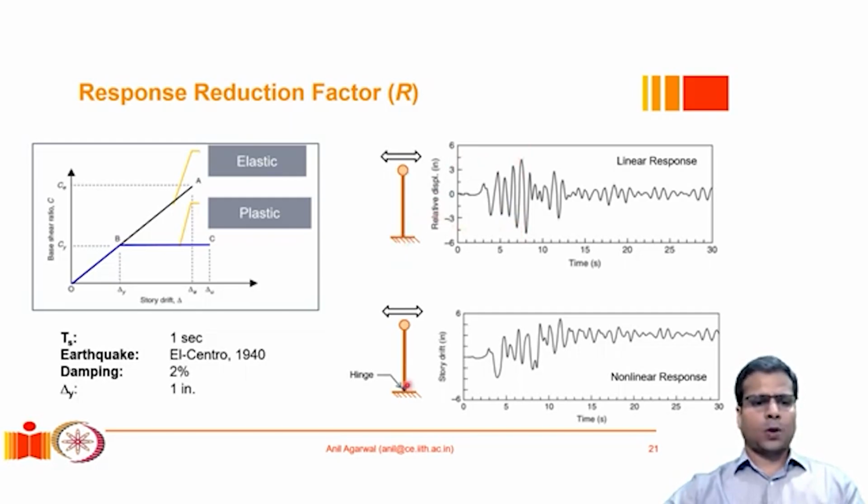Then we change this system in such a way that it does not remain elastic. That is, its natural time period is 1 second in the elastic range, but after a displacement of 1 inch, which is marked here as delta y, it becomes a perfectly plastic system. That means it has zero stiffness at that time. And then again the same system is subjected to El Centro earthquake loading,